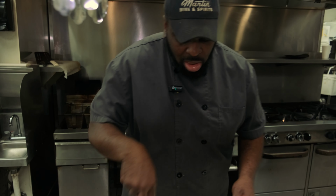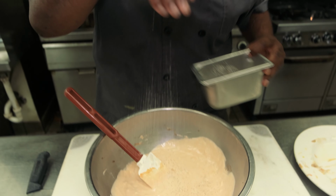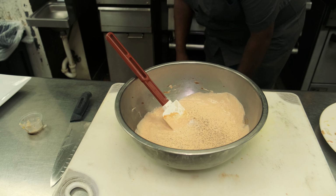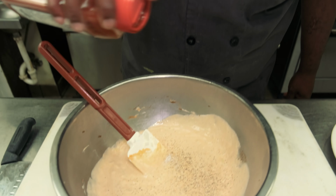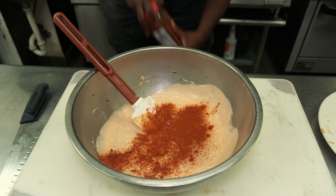So this is basically the loose interpretation of it. I have here a little bit of salt and pepper I'm going to add to it. You got to add some salt here. One of my favorite ingredients to use, some smoked paprika. If you don't have any smoked paprika in your kitchen, get some. It'll change your life, okay? That gives it a nice smoky flavor, and that paprika also gives it a nice color, all right,